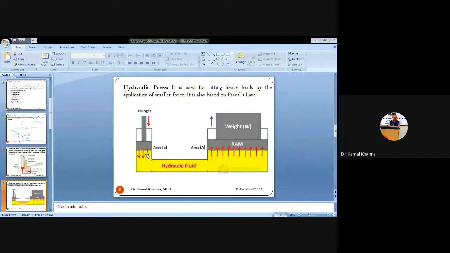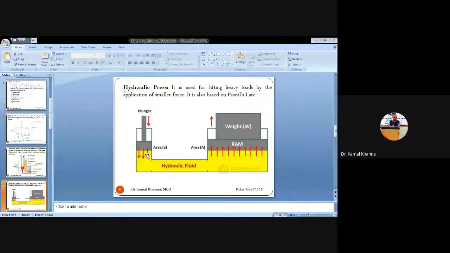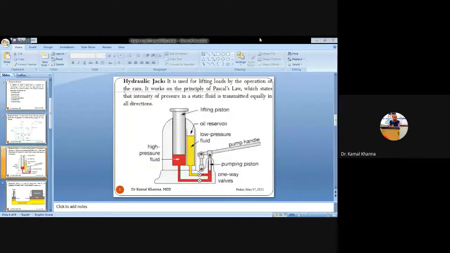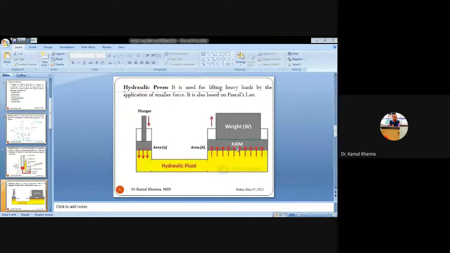One cylinder has the larger diameter and contains the ram of area capital A, and the second cylinder has an area somewhat smaller as compared to the first cylinder. It is considered a small a, and the piston cylinder arrangement is on one